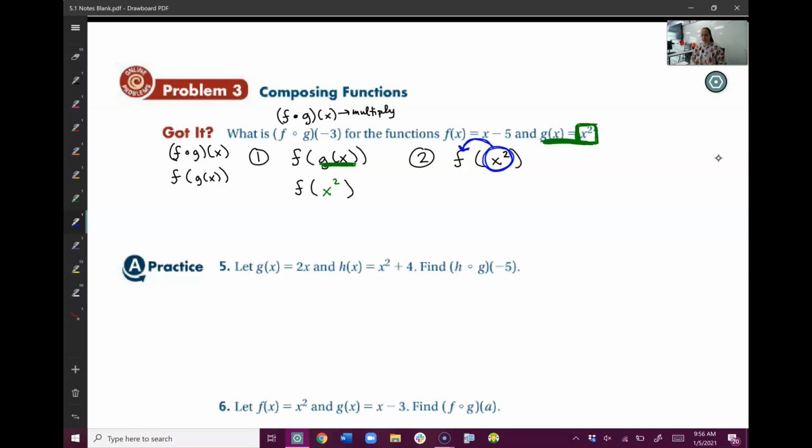So essentially what that means is I'm going to look at my f equation, and anytime I have an x, instead of writing x, I'm going to write x squared. So here's my f of x equation, but instead of writing x, I'm going to write what's inside. I'm substituting this x squared into this equation. So instead of x minus 5,